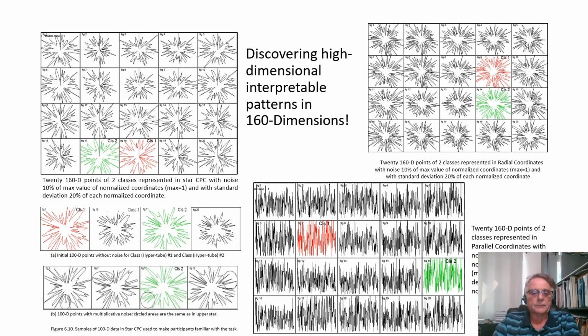This experiment shows 160 dimensional data, and humans were again able to discover patterns of two classes. So you see here the samples from the green class and red class, and people need to classify them. In parallel coordinates, it's extremely difficult. People practically failed. In contrast, they were successful with the proposed method. So both of them are lossless, but very different in how lossless they are for humans. In one case, a human can discover the pattern. In the second one, people cannot.